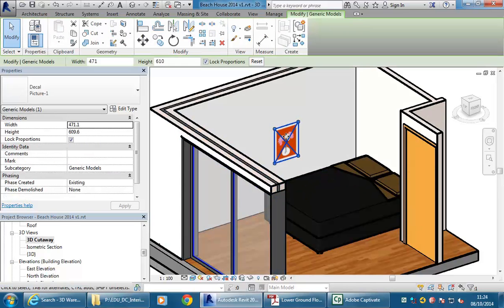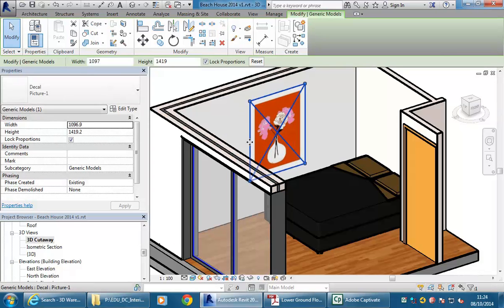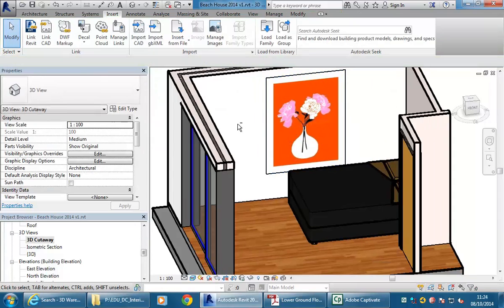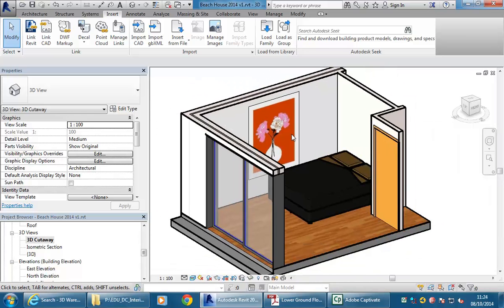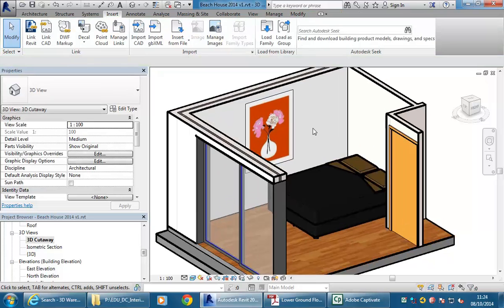So now I can select the image or the decal and stretch that to change the size. Right, so then to get some, maybe that's a bit large actually. Okay, so then to get some maybe extra furniture,